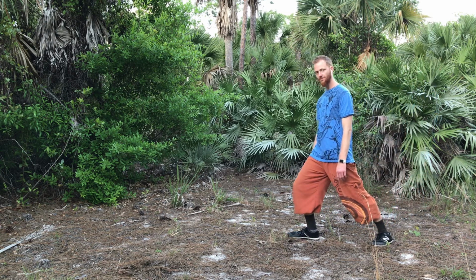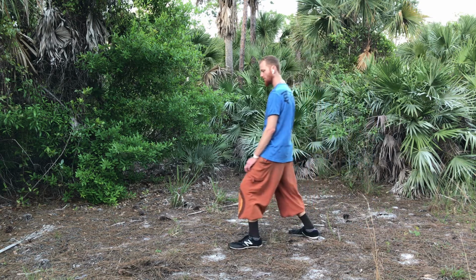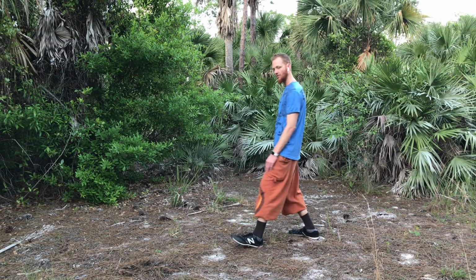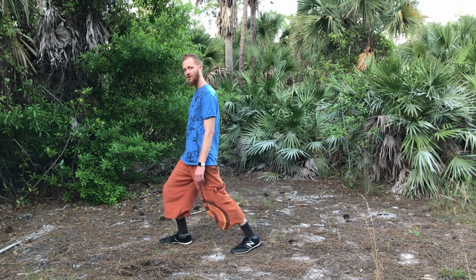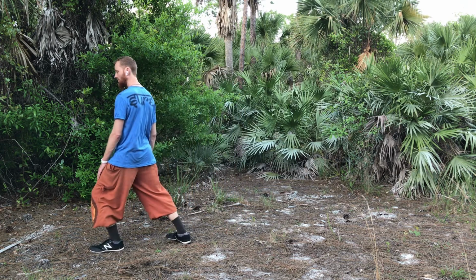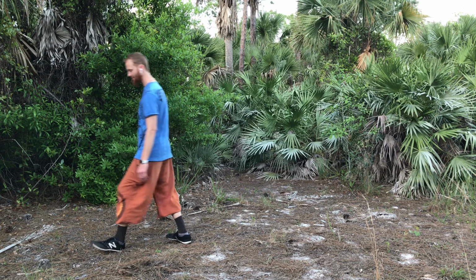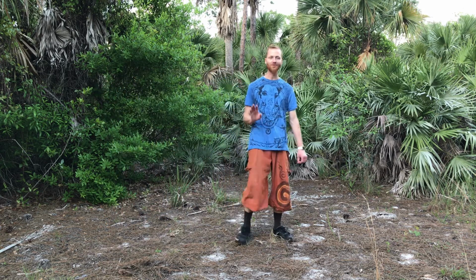Forward, rock step. Forward, rock step. Forward, rock step. Forward, and rock step. Excellent. Get that stepping pattern down before you move on to the next